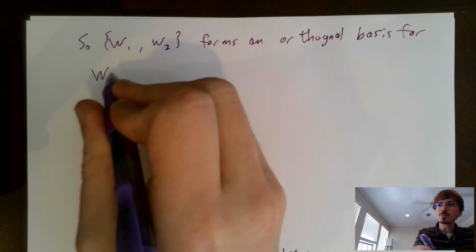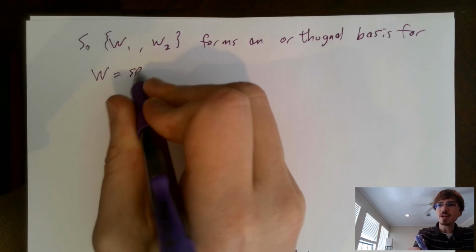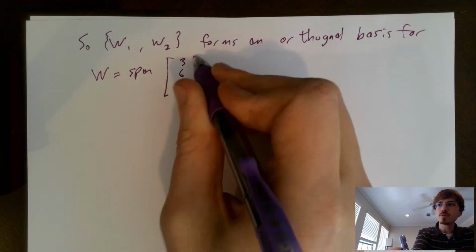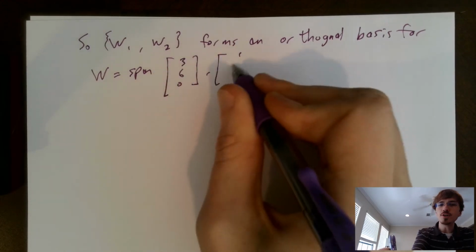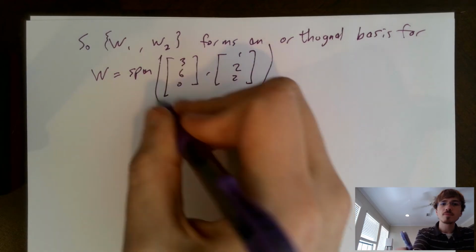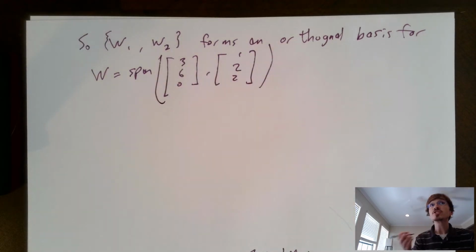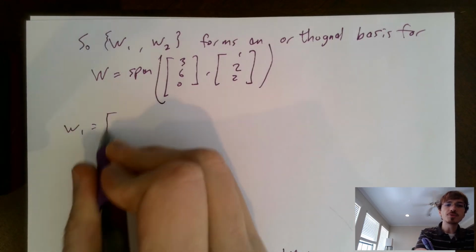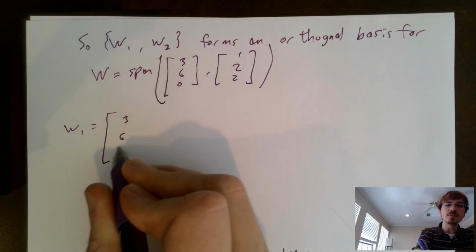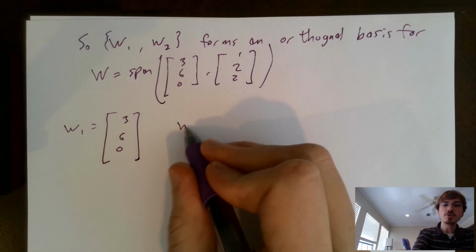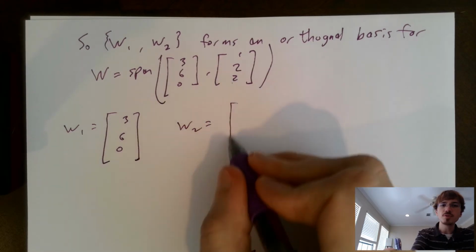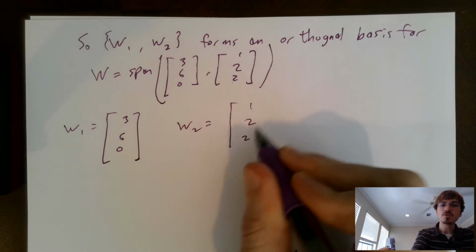For the subspace W, which we defined as the span of the two vectors (3, 6, 0) and (1, 2, 2), let's construct these vectors and actually write down a basis. I know that W1 will equal the vector (3, 6, 0), and W2 will equal the vector V2, which is (1, 2, 2)